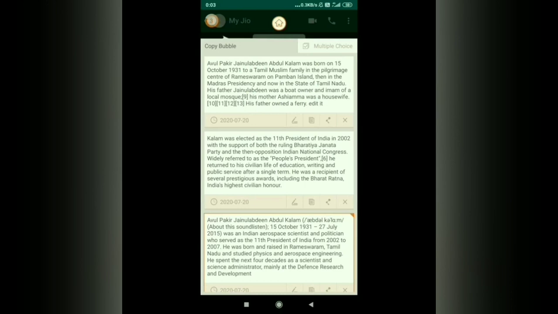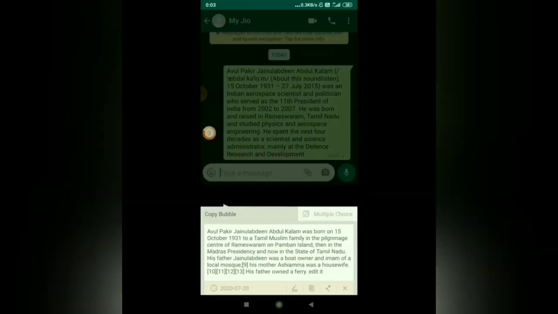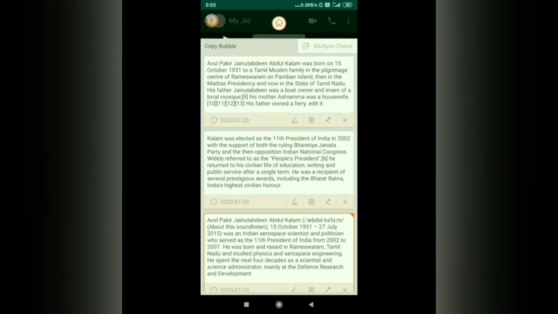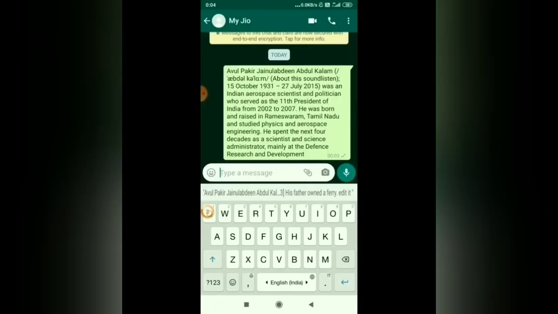So this was a paragraph which we have copied and pasted here. It is easy: we can copy multiple things at one place and paste them, or we can prepare notes when we need. If we want to copy this now, select this and paste it here.